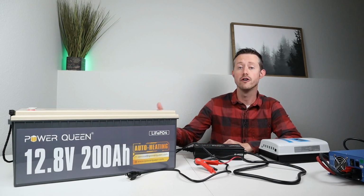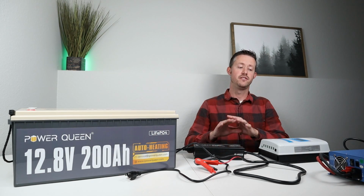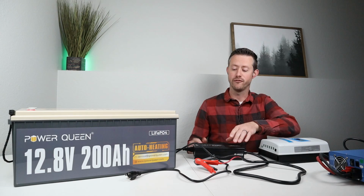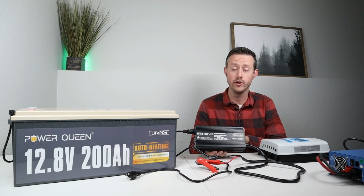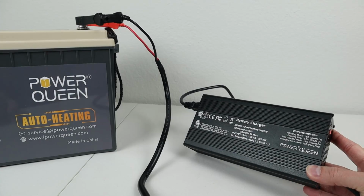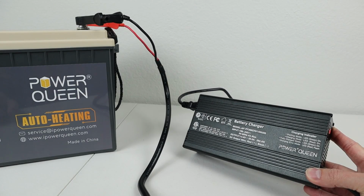Now the next testing that I wanted to do on this battery was to confirm that it could handle the full 100 amps input. So I have a couple different chargers that I'd have to put in combination to get to that 100 amps. Now the first charger I used was this PowerQueen 20 amp charger. This is super easy to use. It's plug and play. You plug it into the wall and then take these alligator clamps and connect them up